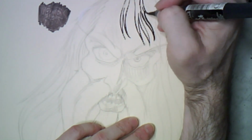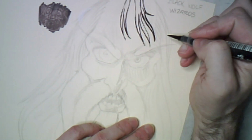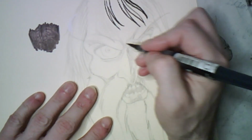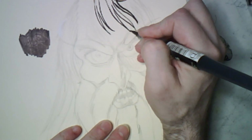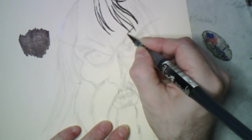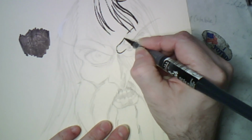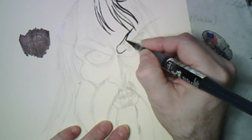Another thing that's going to happen though is we're going to come in here and drop in a shadow, because that's what Mike Ploog did in his version of it, and so we'll do that here too. I've shaded out a little bit where I want to put those darker values. My art tends to use more pencil shading and less of this strict solid blacks, which I always admired in art,